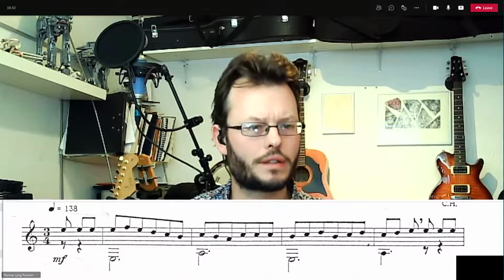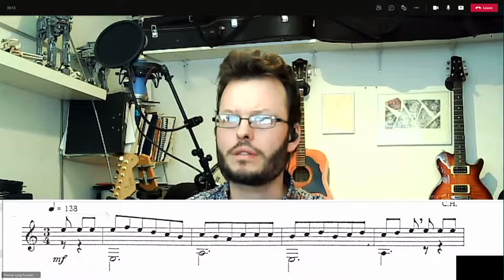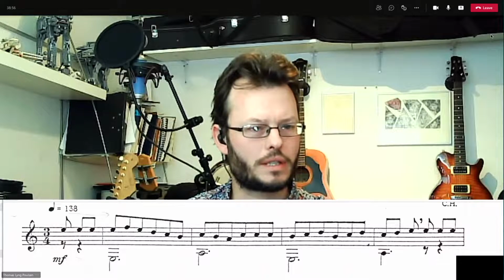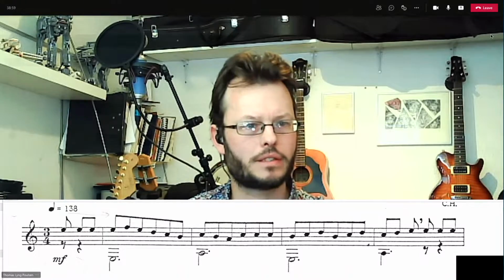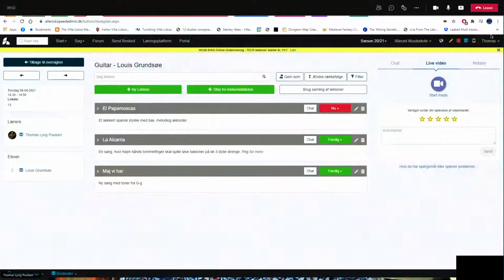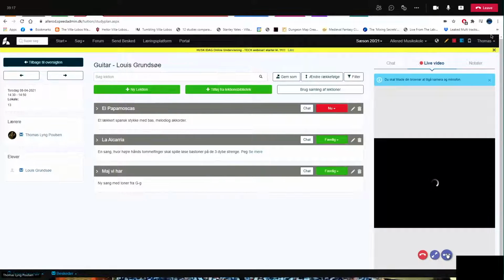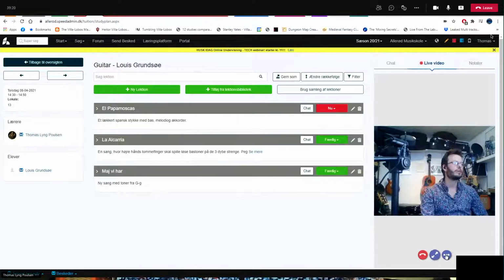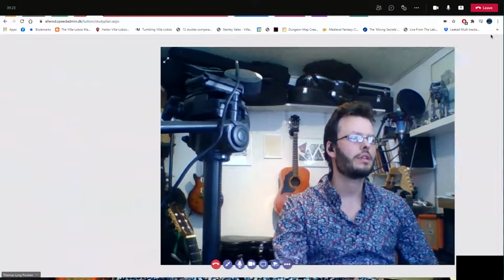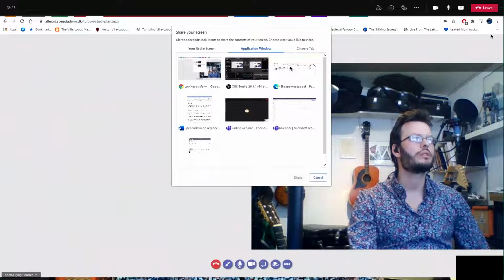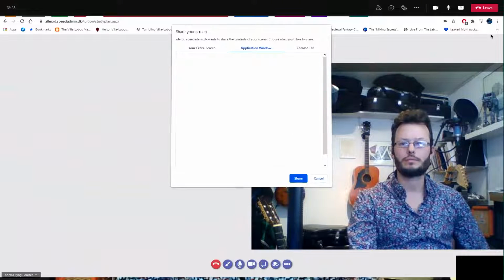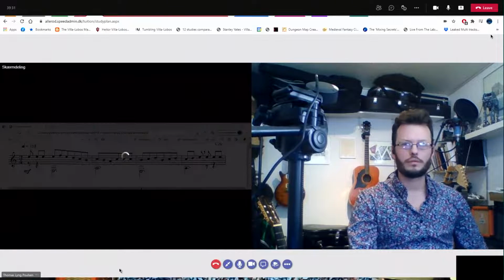I had one little thing that I wanted to share as well, with regards to screen sharing within the study planner that I just remembered. Let's see. Here we have this study planner, and one of my students, I hope I'm not doing something GDPR dangerous by showing his name here, but we'll soon be out of his name showing. And when I open up a session here, here I am with the bad camera, that's not important. Start screen sharing, and if I open an application window and share the Edge window,